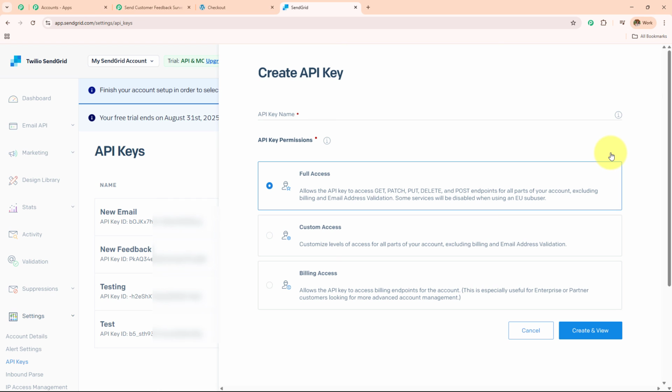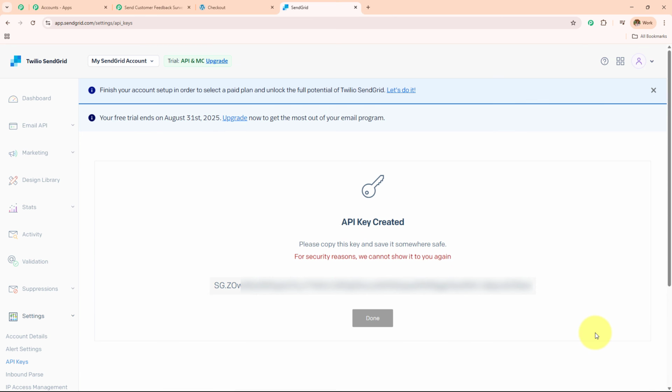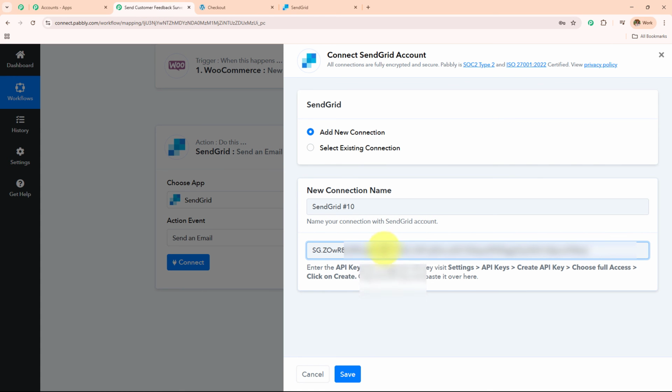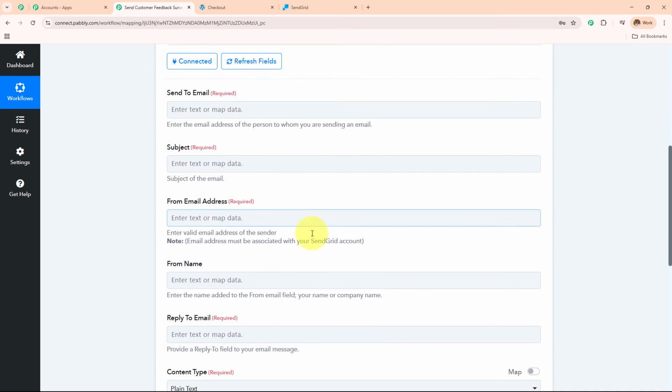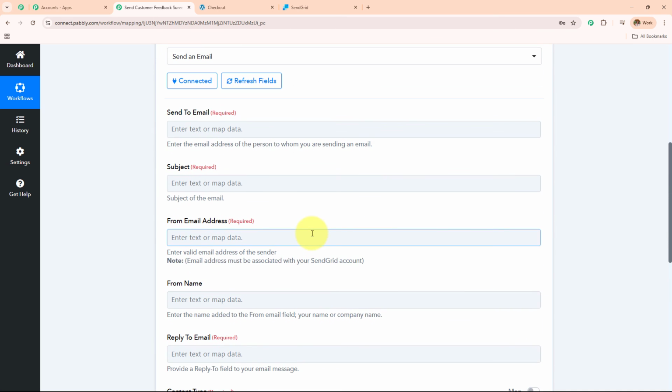I'm going to click on create API key and then I'm going to name this key new test. And then I have to provide the full access and then simply click on create and view. I'm going to copy this API key and paste it over here and then I simply need to click on save. So here SendGrid is connected with Pabbly Connect and now I have to enter all these details. So here I need to enter this send to